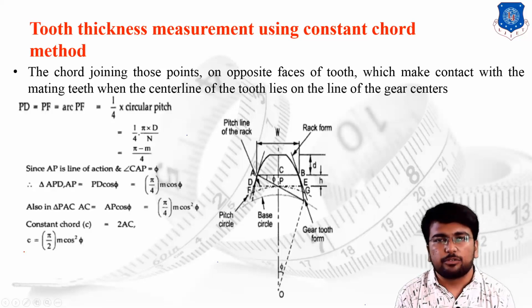From the next lecture we are going to discuss basic errors which are generated in the gear profile, and then we are going to discuss the Parkinson gear tester. Probably in the next lecture we are supposed to cover this particular chapter. Till then, thank you.